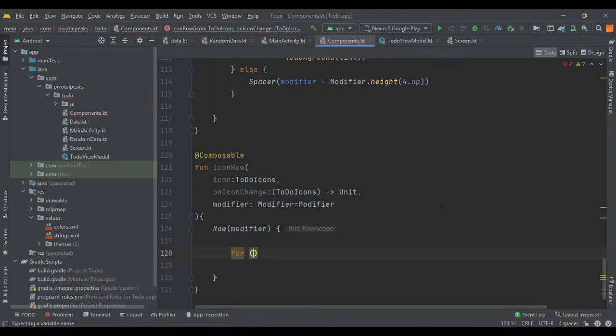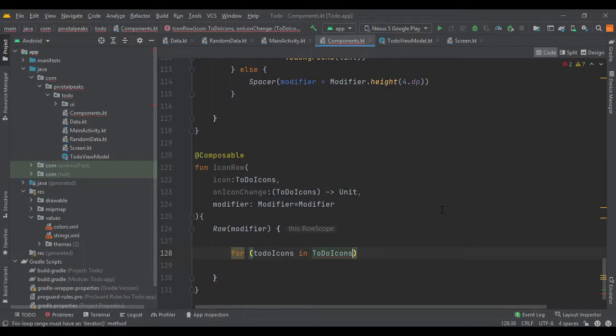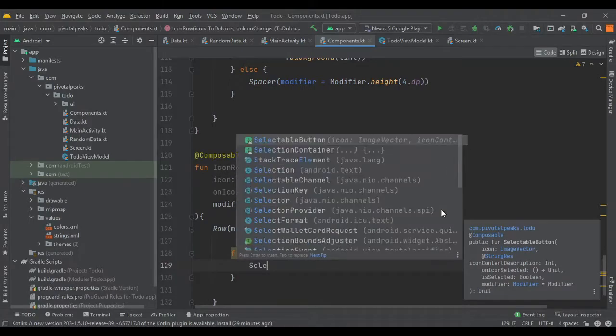For toDoIcon in, we are going to pass the ToDoIcons dot values, and let's call our selectable button here.